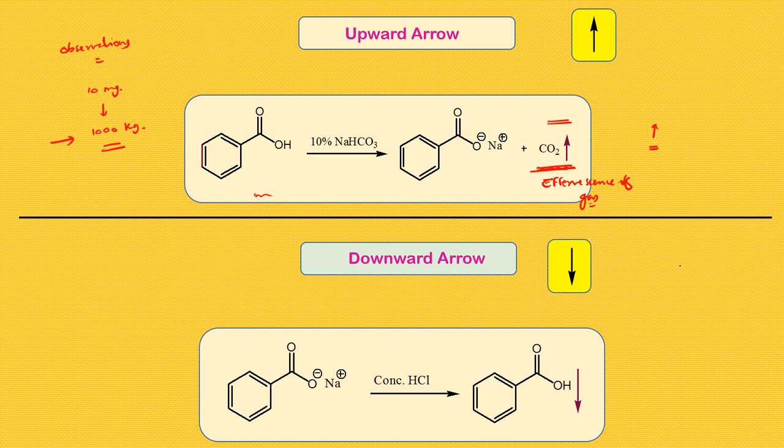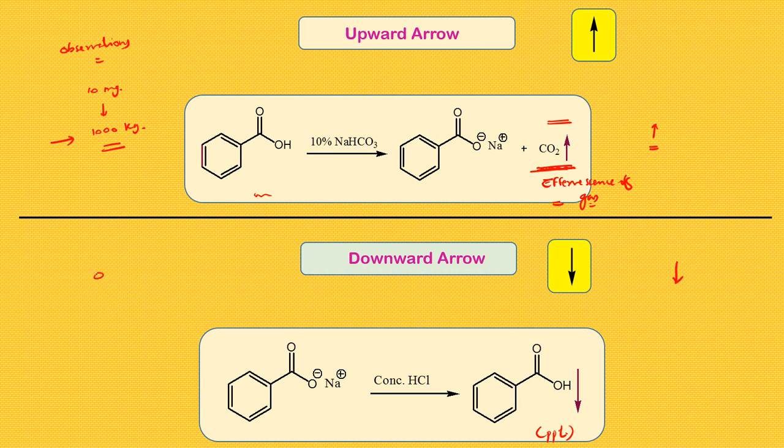The next arrow is a downward arrow, and this is exactly opposite to the first arrow, which is related to the gas. In this case, it is related to precipitation or solid formation in a chemical reaction. As this is a salt of carboxylic acid, when we are doing a protonation of this, we'll see that in the reaction a solid will get formed, and this is insoluble in the reaction condition. So we are observing the formation of